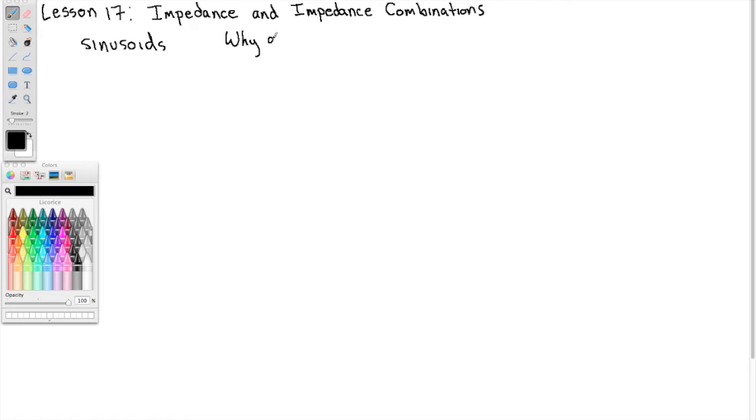Why are we so interested in sinusoids? Right, well, you might know that your wall outlet is a 60 hertz sine wave. Why are we so interested in sinusoids? Well, first of all, you should know that there was this